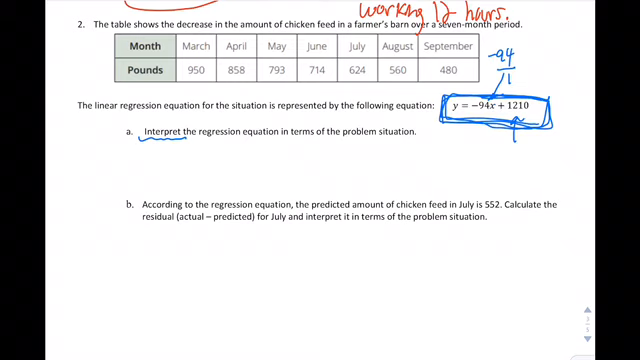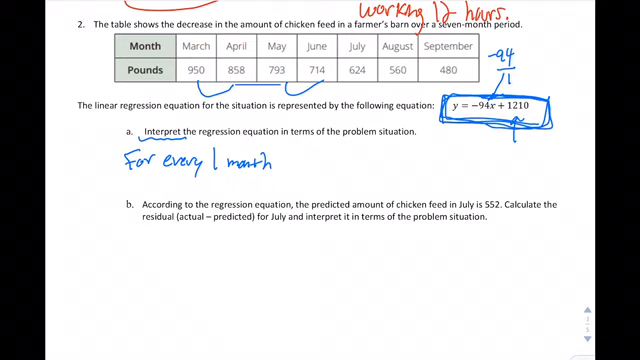In this situation, we can see that the months are steadily increasing by just 1 month, from March to April to May to June, while the pounds are decreasing by a much bigger value. It looks like it's decreasing by almost 100. It goes from 950 to 850 about, then to 790, and so on. So what does this slope mean? Well, in this situation, for every 1 month,